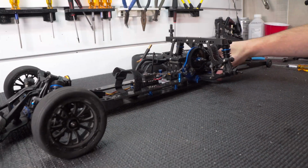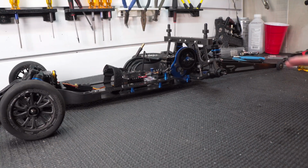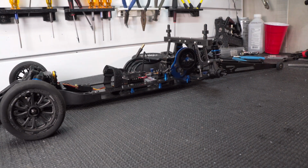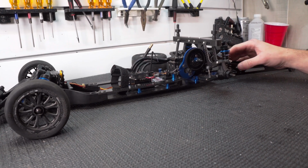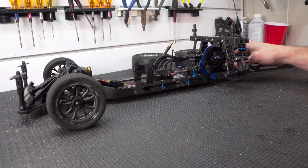After going ahead and putting that back together, I can definitely say I do not remember ever taking that rear end apart on this DR10M to change that diff fluid. So this is definitely the first time the diff fluid gets changed in this car since I built it. Hopefully a fresh build on the diff like that will help us keep this thing straight, keep the power planted down. When I do find a location to run this car and test it out again, we will be starting off